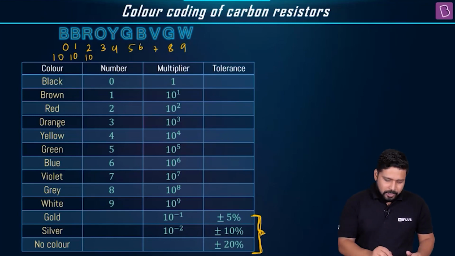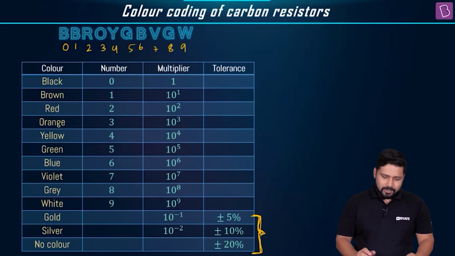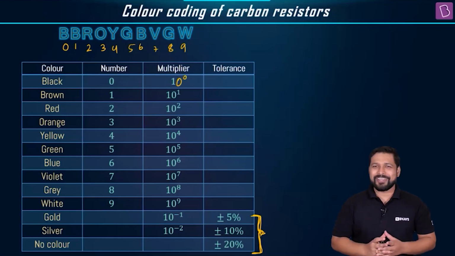So easy, no problem. The moment you are able to write it like this, you'll be able to just denote it with the number, and when you're talking about the multiplier, just 10 to the power of that. Easy. Okay, because this can be written as obviously 10 to the power of 0. 10 to the power of 0 is equal to 1. Anything raised to the power of 0 is actually equal to 1.